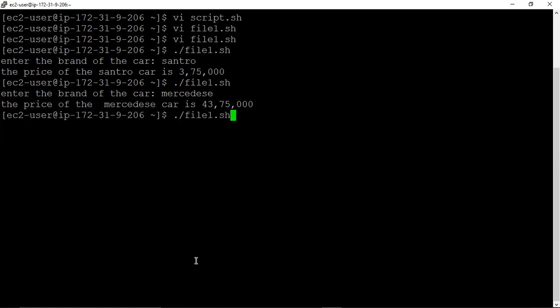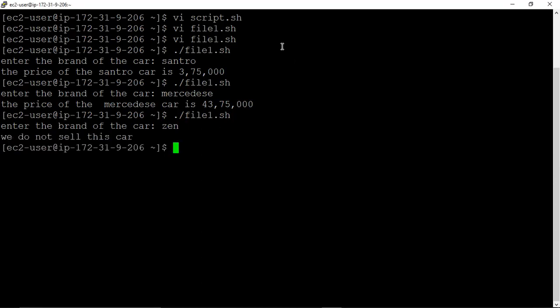Again we run the script and let us write some other car which we have not defined. So let us say Zen. So here, see, what is the action?